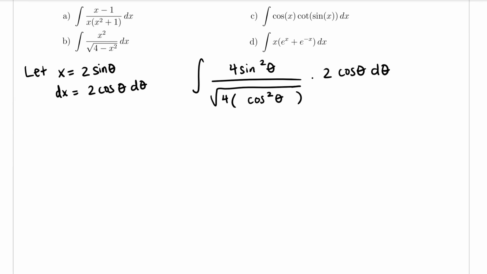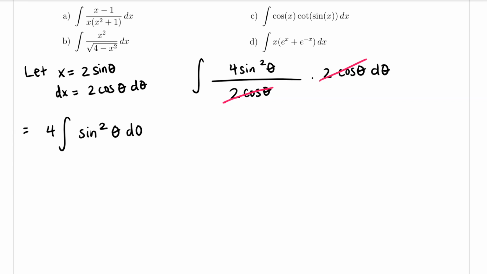Now, if I take the square root of that, that is going to give me 2 cosine theta. And oh, look at that. We have one in the numerator and we have one in the denominator, so that makes our life easier. So those will cancel out, and then this is going to turn into 4 times the integral of sine squared theta d theta. Now I recommend using the power lowering identity for sine squared,